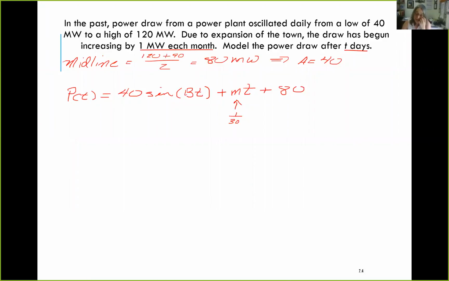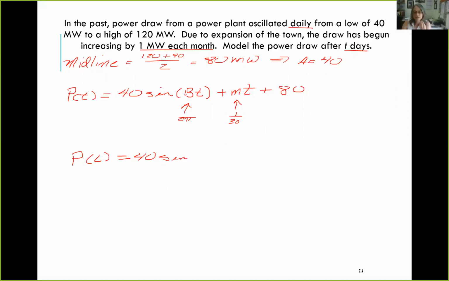And how do I get to my B? Well, I get there by my period. So let's think about what's going on here. I'm oscillating daily, and my x is in days. So my period is 1. We just did this. So that means my B is going to be 2 pi, just like it was in the last example. So my power draw